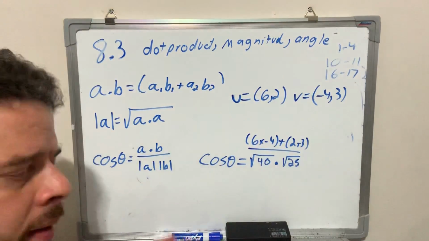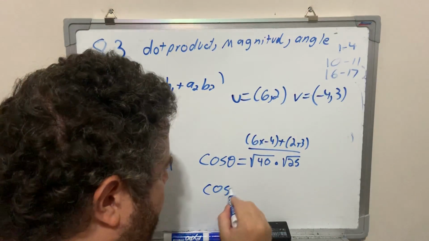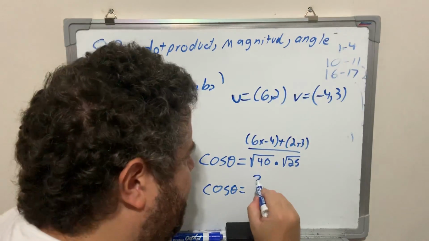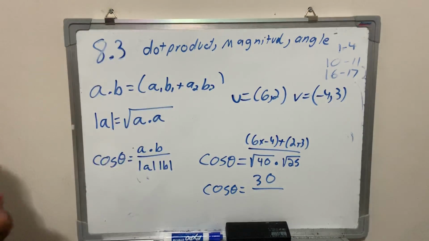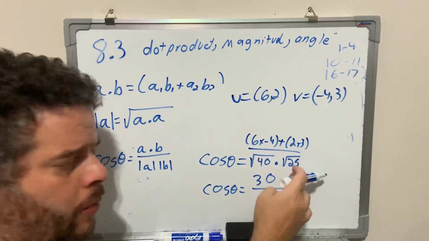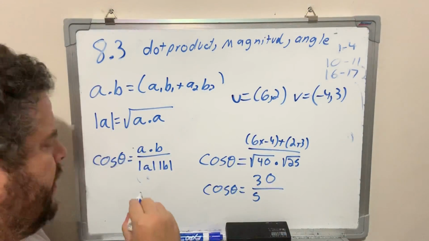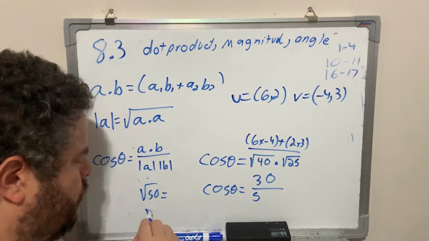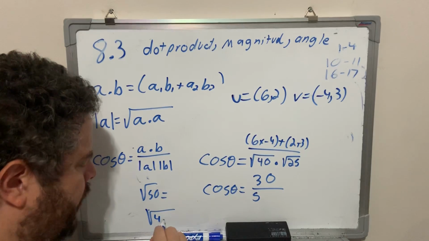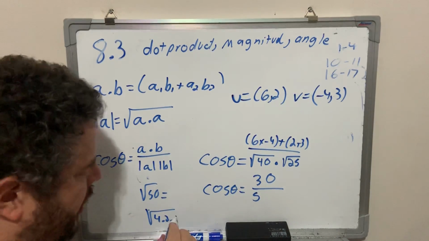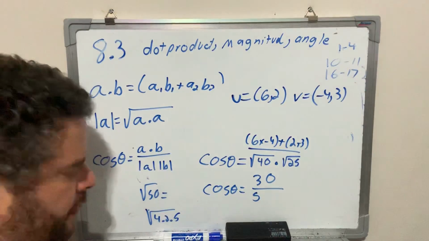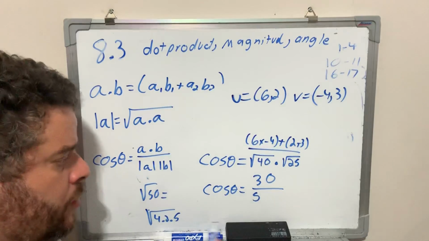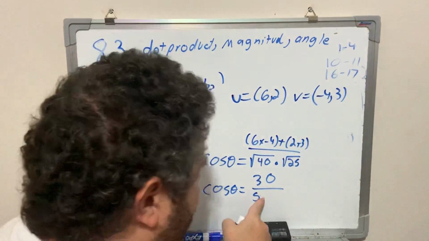Now let's just go ahead and simplify all this. Cosine theta equals 24 plus 6 gives me 30. Now we can simplify these roots. Square root of 25 is 5, and square root of 40 is the same thing as square root of 4 times 10. We can send the 4 out of the radical as a 2, multiplies my 5, so I actually end up with